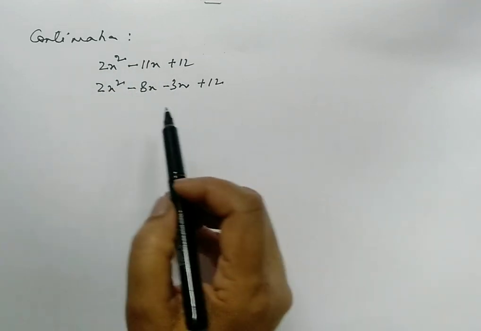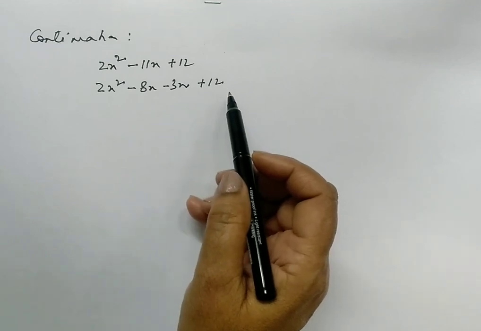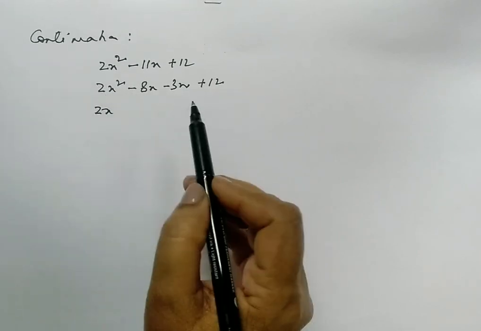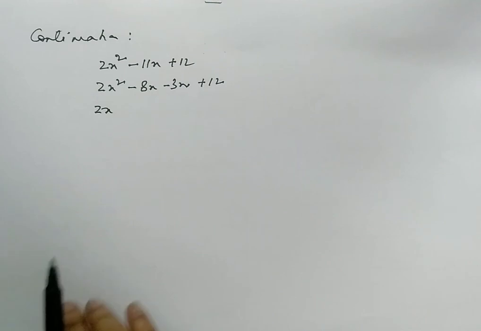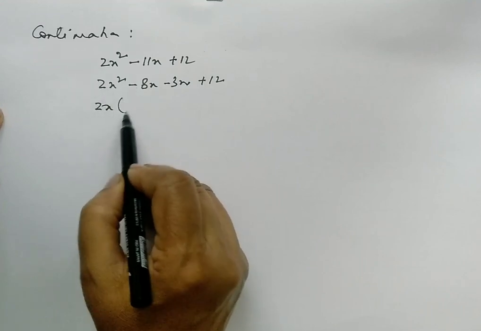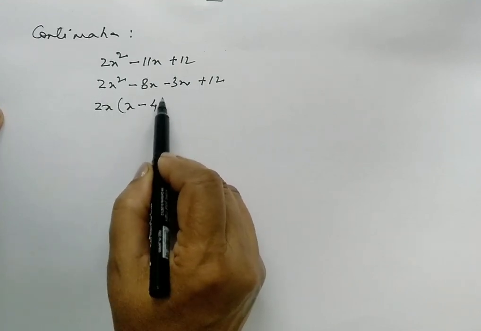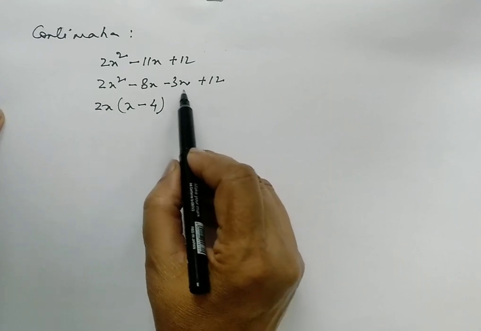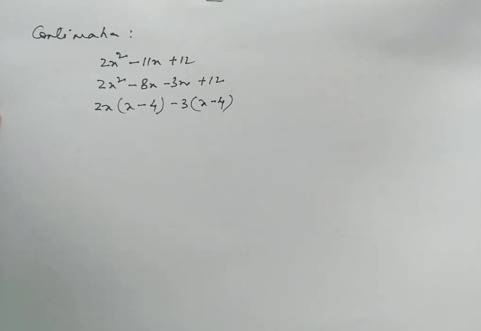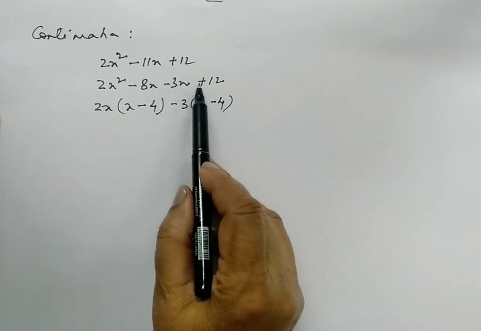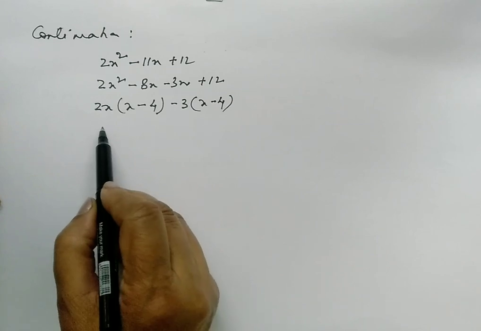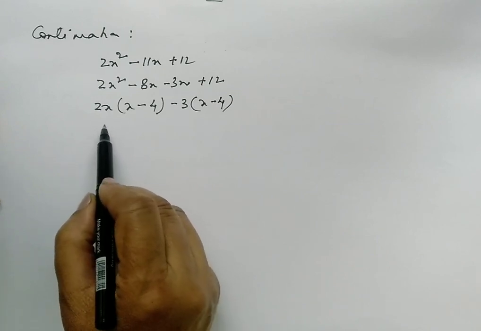And when we multiply these two, they should be equal to the product of 12 into 2. All right, guys. So this is the process that we adopt while doing middle term break. Now what next? We'll try and take the factors. All right. So 2x is common in this, minus 4. And here we can take easily 3 and x minus 4. Minus minus plus. Minus 3 multiplied by minus 4 is equal to plus 12. Which means the two factors that derive